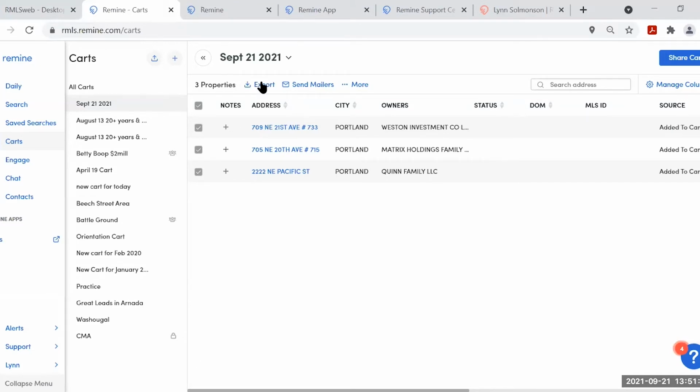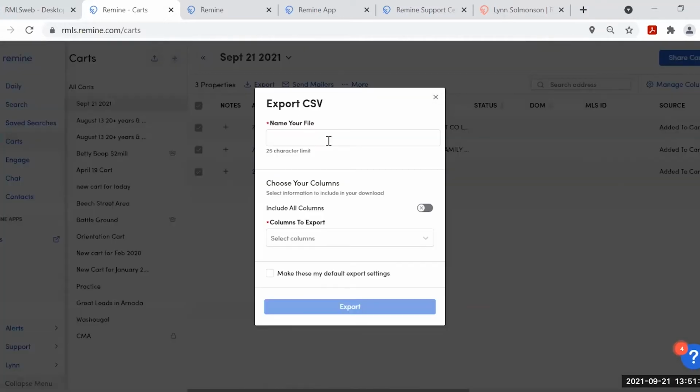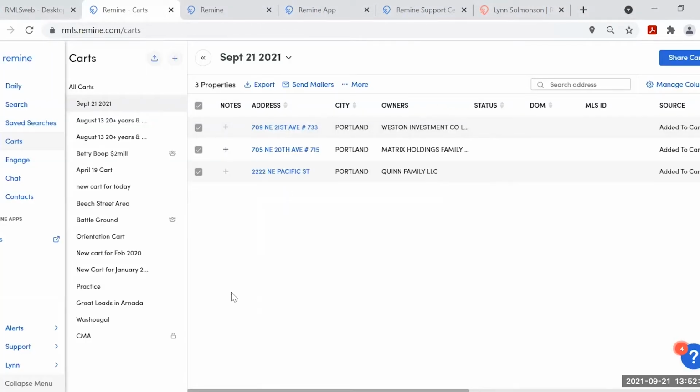You can export this information to Excel and do whatever you'd like to do. Do a mail merge, pulling their names in and greeting them by name on the postcard. Do your own thing if you're comfortable doing that. I'd say maybe 10% of people are really comfortable with that. The rest of us, not so much.